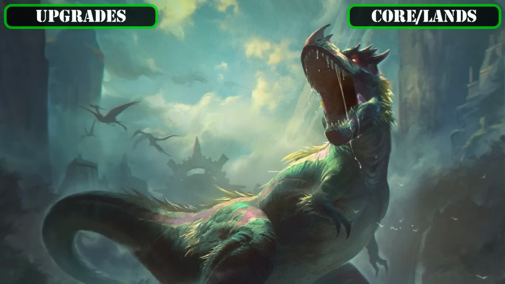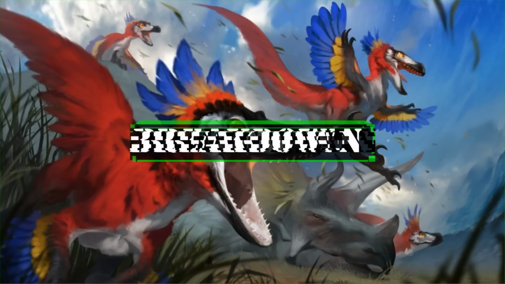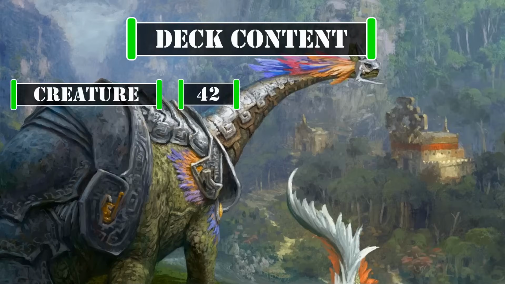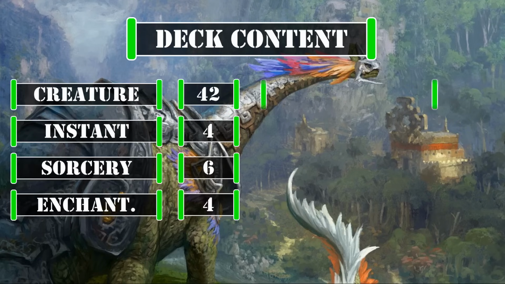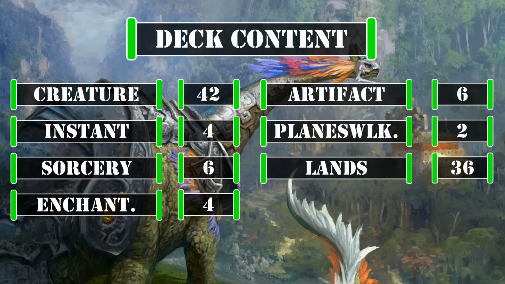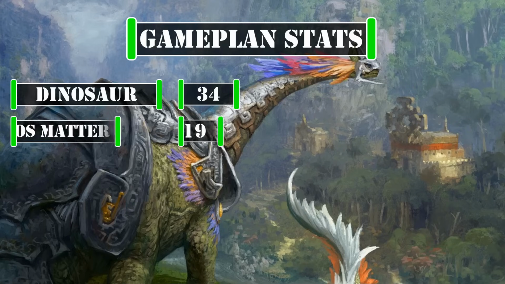So, now that we've covered all 21 cards that we've upgraded from the core build, let's take a look at the breakdown for this Precon upgrade. This deck currently has 42 creatures including our commander, 4 instants, 6 sorceries, 4 enchantments, 6 artifacts, 2 planeswalkers, and 36 lands. Looking at the stats that matter to our game plan, we have 34 dinosaurs,